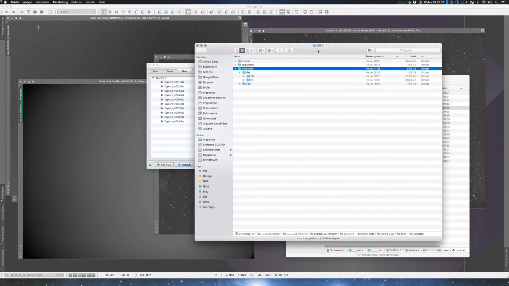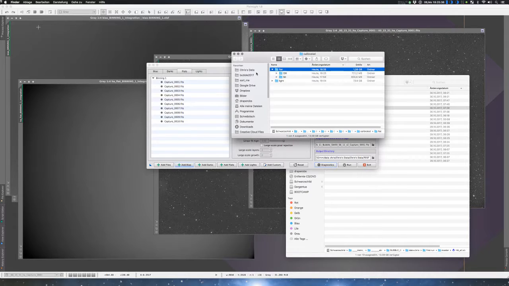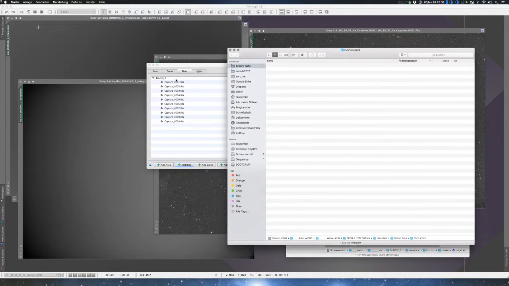Because the next time he's going to add them on this level. What do you call that? On this folder level he adds them, and therefore the subfolders don't matter, and we can happily sort into new subfolders. Okay, so